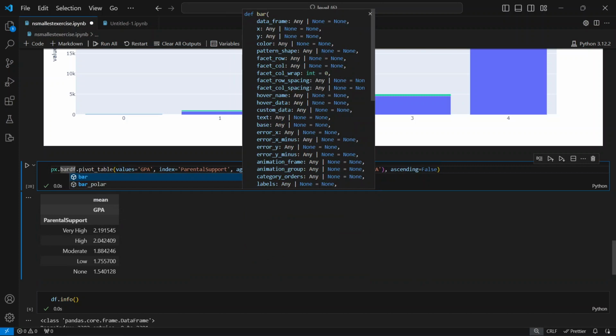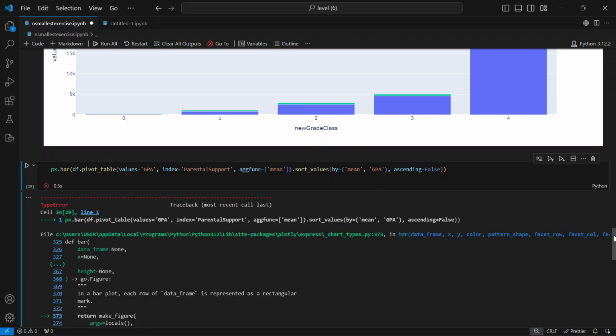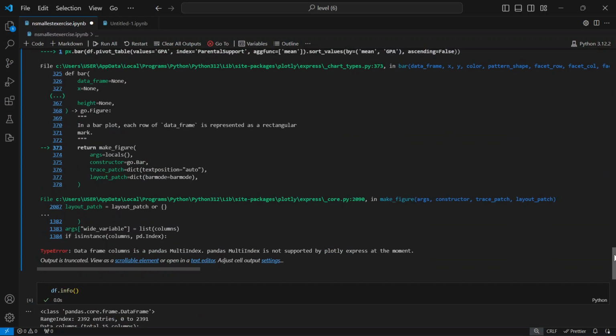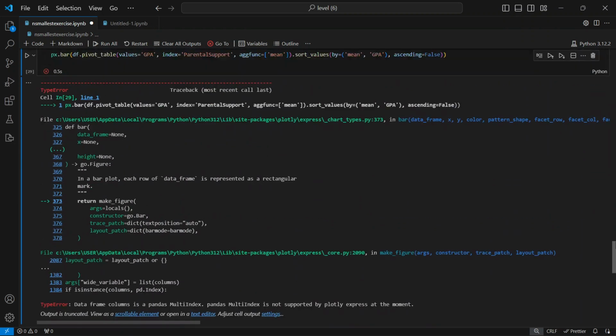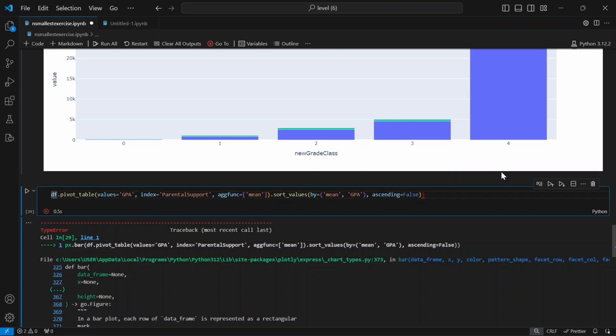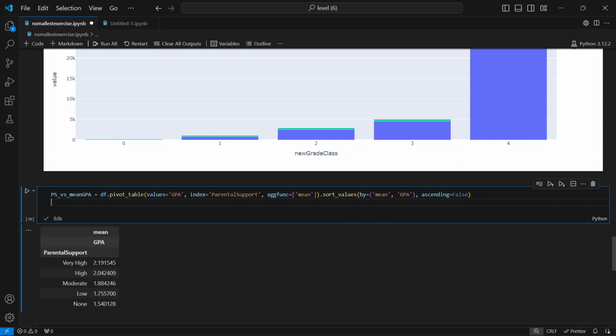I'm going to use the px.bar so that we see it in the bar chart. Okay. It said the data frame content column is a pandas multi-index, which is not supported by Plotly at the moment. So since it's a multi-index, we need to change the column. So we can just save it as PS, which is parental support, versus mean GPA, and then change the column